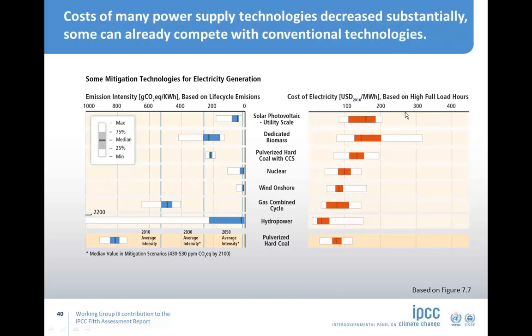And then this is a comparison in terms of the cost. It's kind of interesting that some of the worst performing energy sources in terms of greenhouse gas emissions are unfortunately the cheapest energy sources. And this is the problem we're faced with, that some of these much better energy sources, such as wind or photovoltaic, unfortunately cost more to produce at the moment.